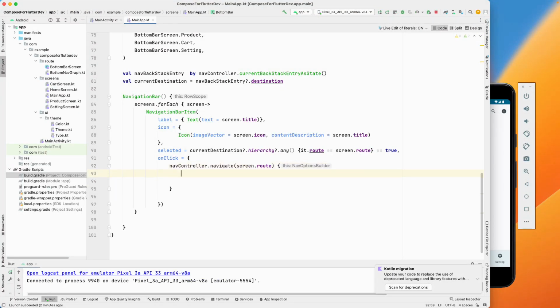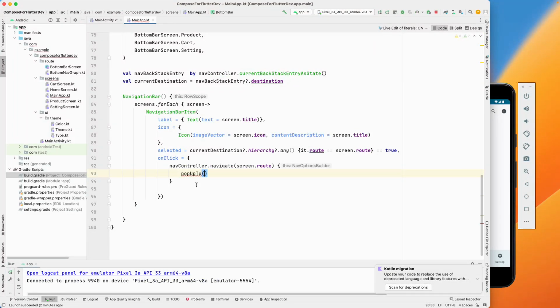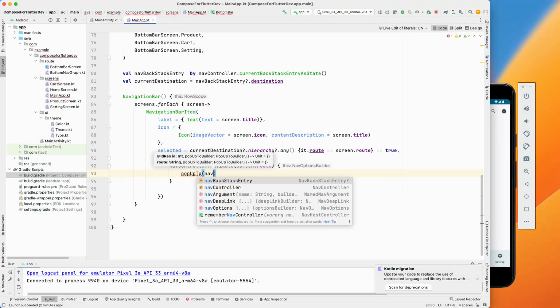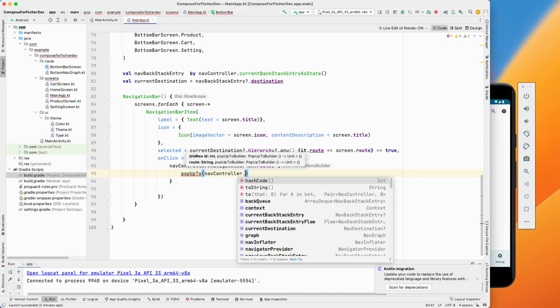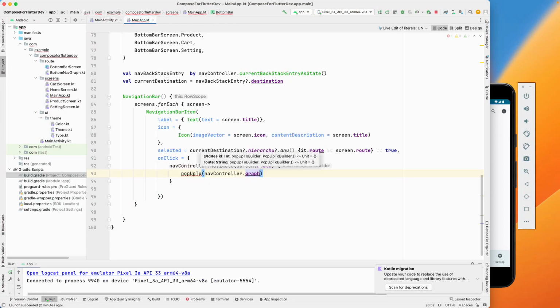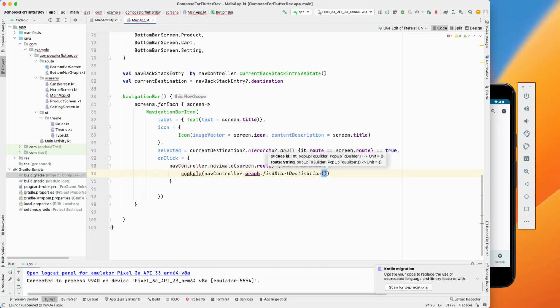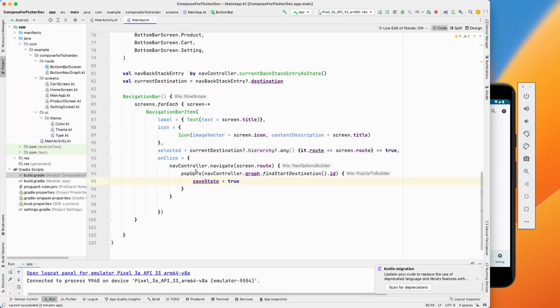For that, let's go over here, and what we'll do is we will use the popUpTo, and here we will provide the nav controller, so that we have dot graph, right? So we can use the graph, dot findStartDestination, and I guess dot id over here. And here we can also set the saveState equals to true. So this will pop up to the